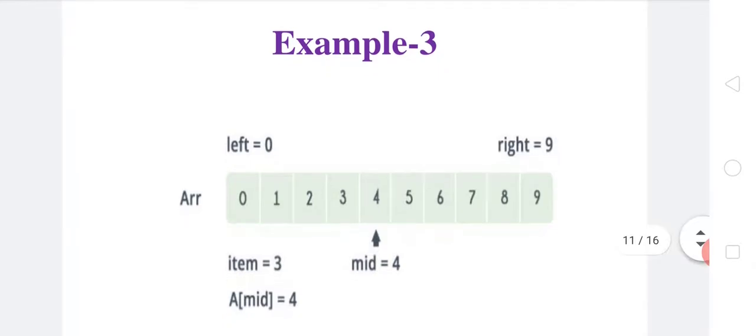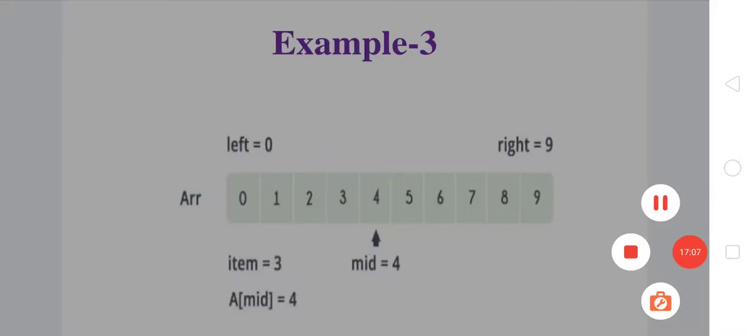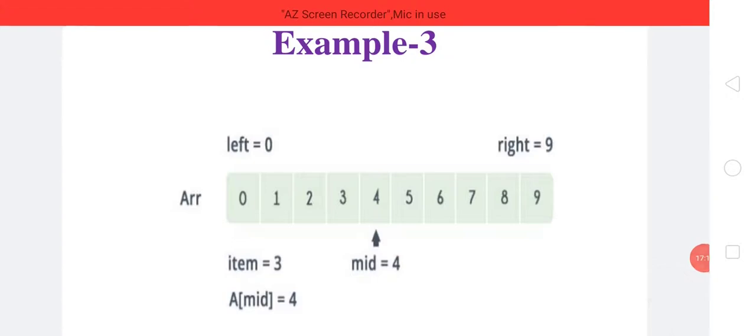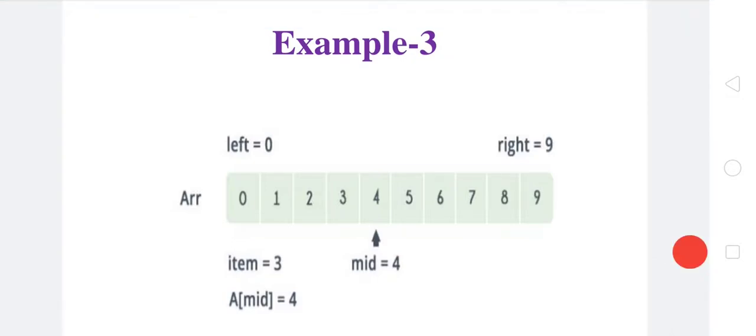Again we can see one example. Third example. I am taking one array which contains the elements 0, 1, 2, 3, 4, 5, 6, 7, 8 and 9. Now see carefully, all the elements are placed in a particular order.